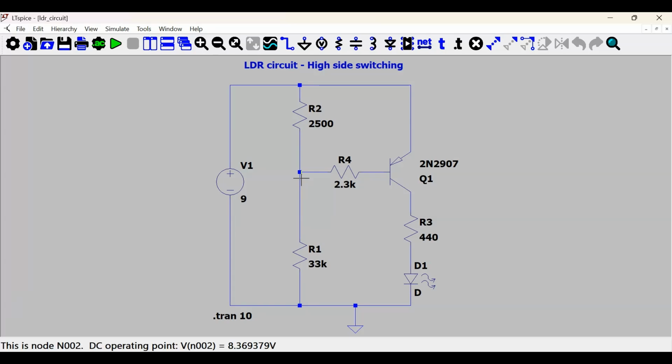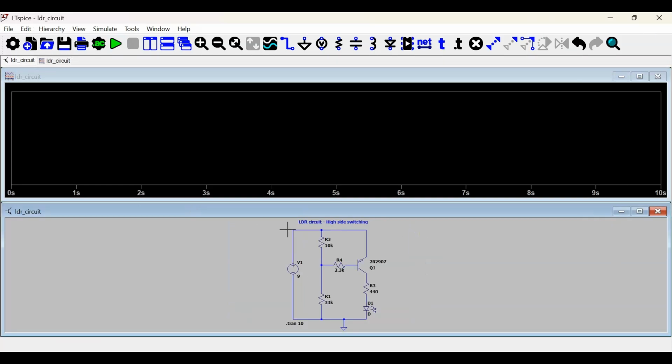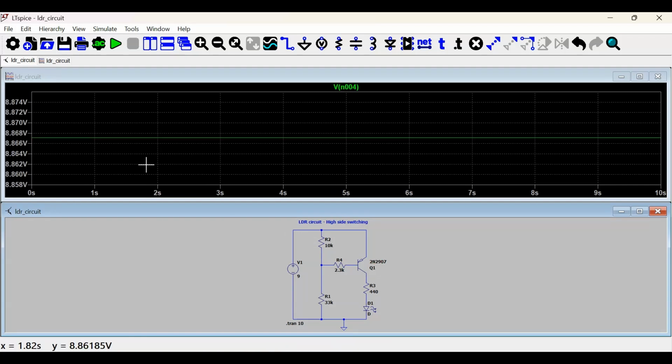So now we will see what is the voltage and current when the LDR resistance varies. So let's make this around 10K. I'll run the simulation again. Now when we measure the voltage, we get 8.8 volts,